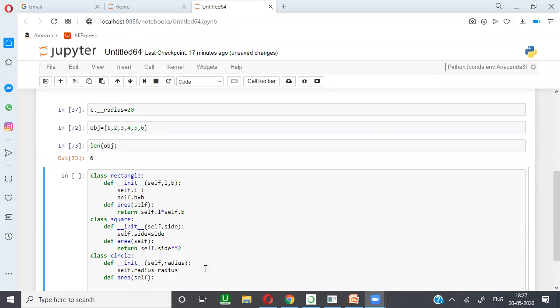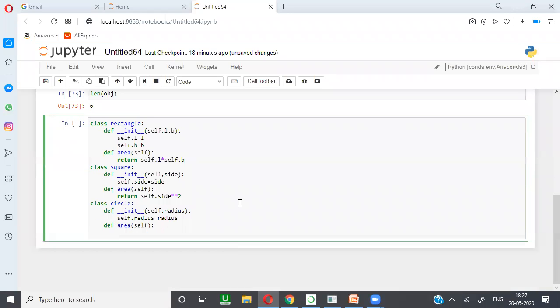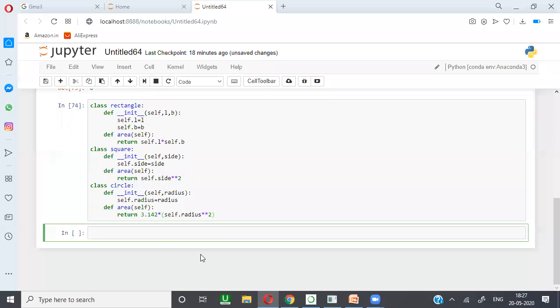Yes, def means definition, it is defining the method. So generally def means defining. Return 3.142 into self.radius squared, we can keep it in brackets. So this is about the classes which we have.